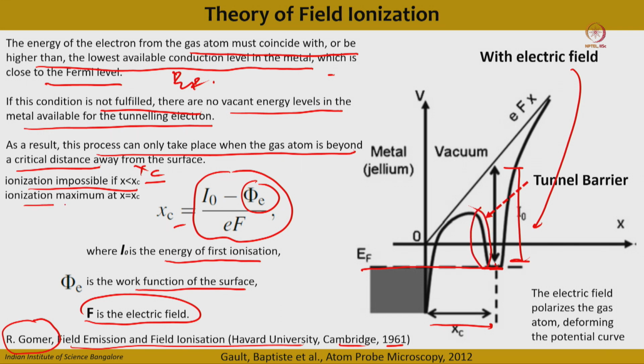But the ionization is maximum at x equal to xc, where your potential energy is minimum, and the main condition is that it is to be near the Fermi energy level. Fine. So this is the basics of the electric field induced ionization of the gas, and it is nothing but the removal of an electron from the gas atom towards the metal, so that the imaging gas gets a positive